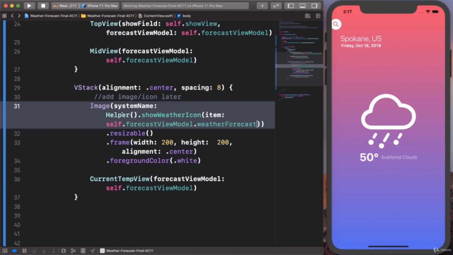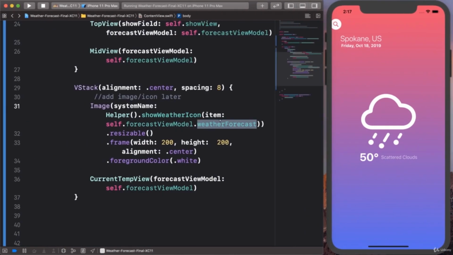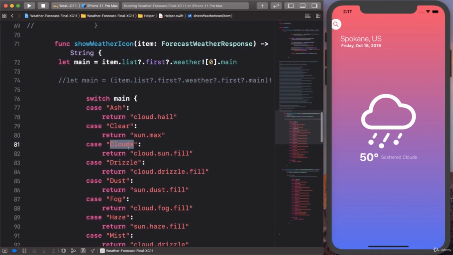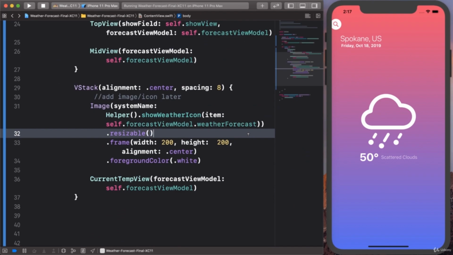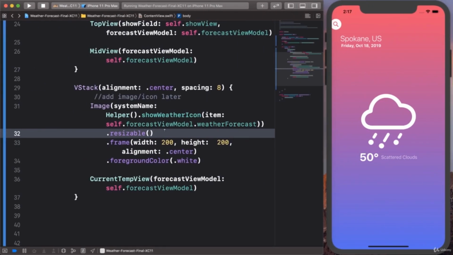It's going to say, okay, whatever we're passing in this weather forecast, if the main says clouds, well, it's going to go ahead and return this icon there, right? Which is going to be cloud.sun.fill. That's all that's happening here. So it's all automatic now. Depending on whatever we're getting from our API, that's what's going to be showing. So if I save this and give it a run,